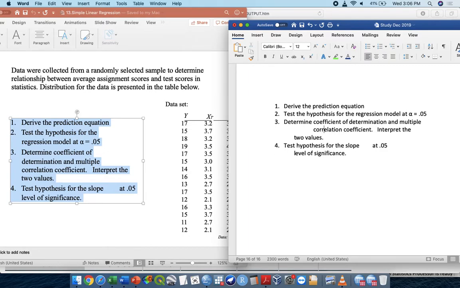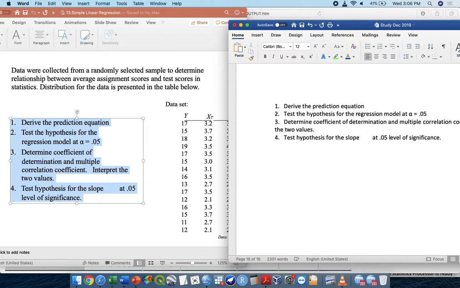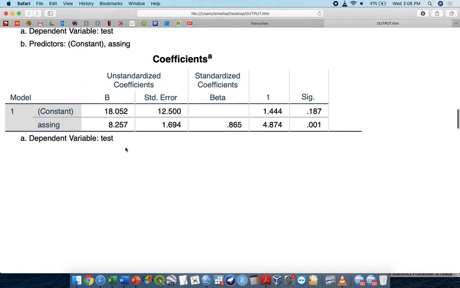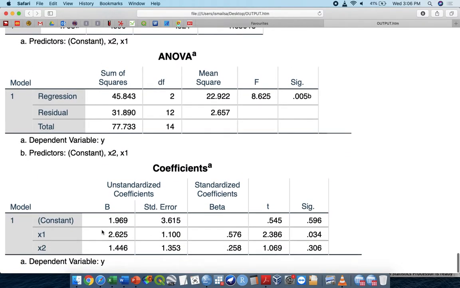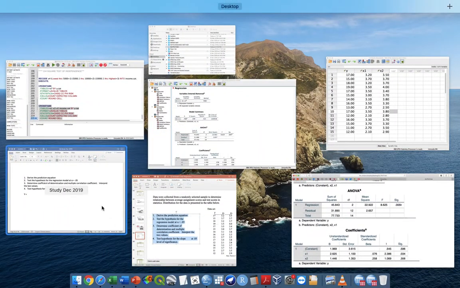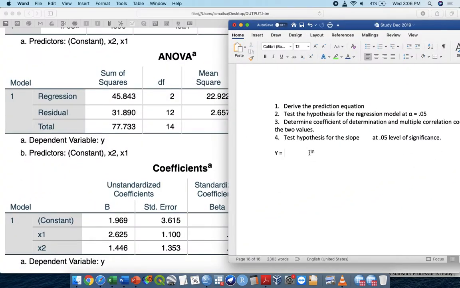Y is equal to? Wow, very good, very clever. How do you know? You're so clever. Oh, very good. So your y, not y, I mean y hat, meaning predicted y, is equal to this one. So you have to look into your constant coefficient, 1.969. So it's actually like this: y is equal to 1.969